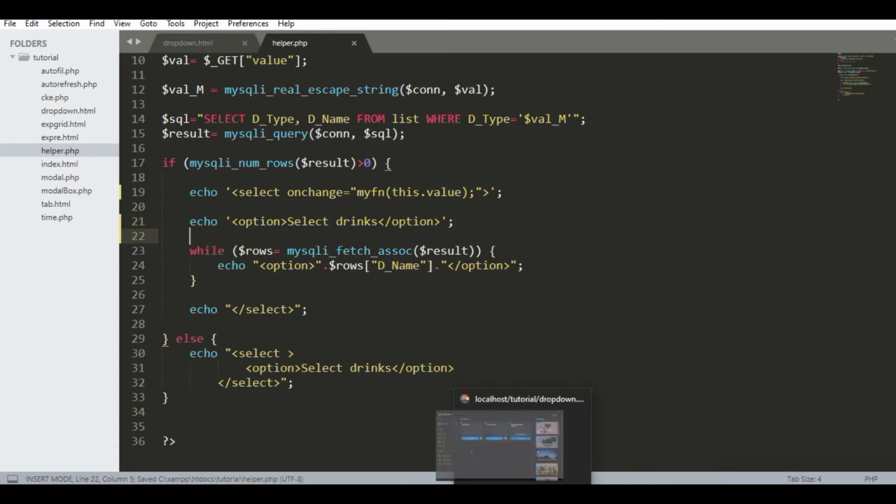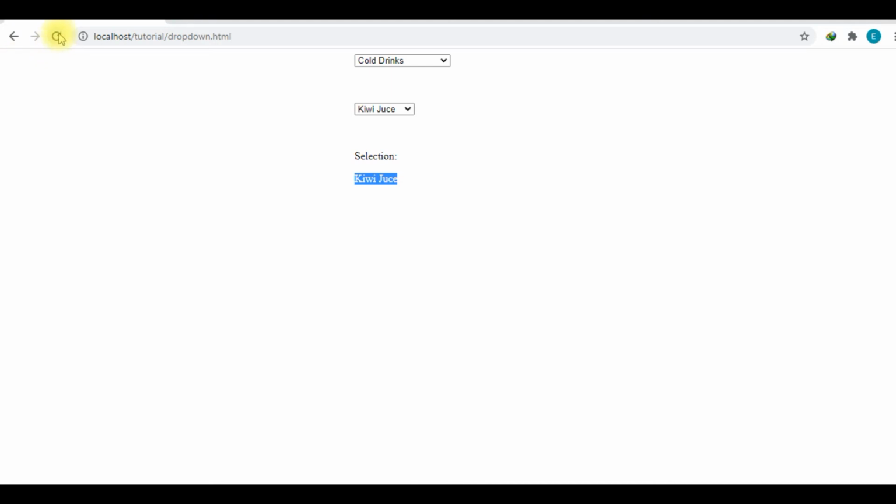Now we will see. Yeah. Okay, so you see now when we select this item, it is automatically reflected here.